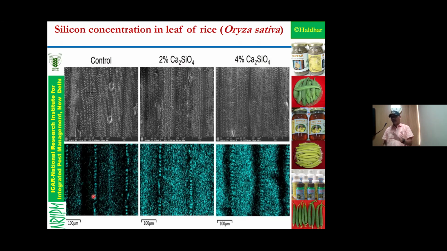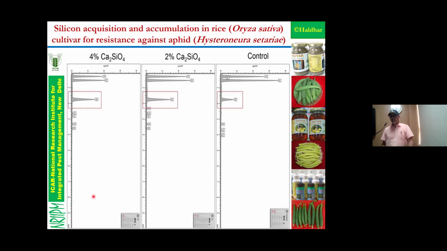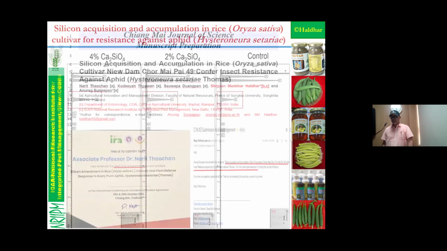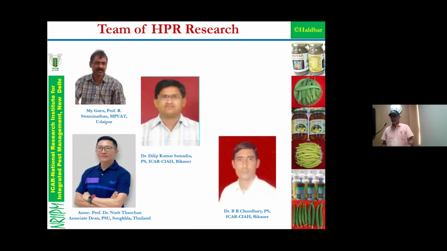If it is not completely there, then you should have gone up to 3% also. Then that is the lead. That type of things you have to follow, no? Yes, sir. Once you are getting some lead, then how to further fine tune your technology. Yes, sir, that is important. Okay. This is the different concentration of silica in the plant, and we have already submitted this article. Next, these are the team.